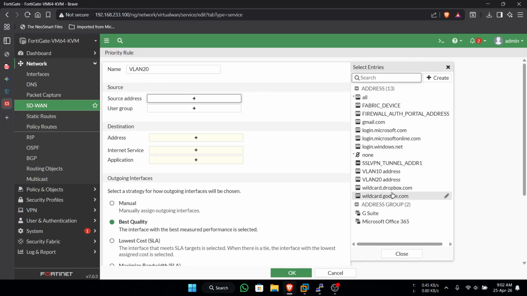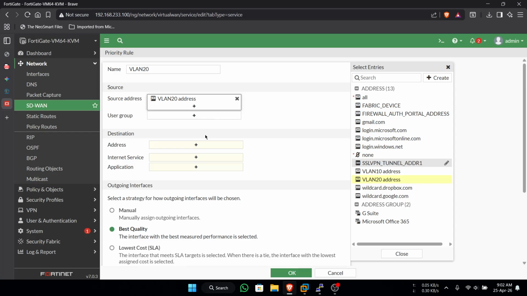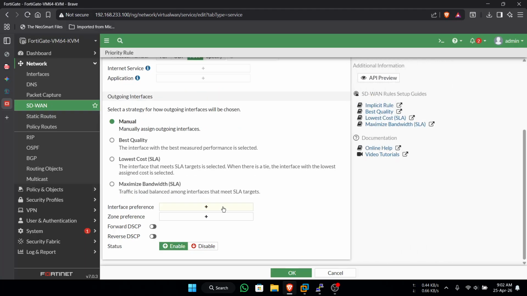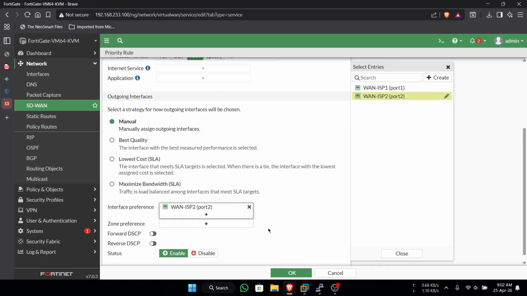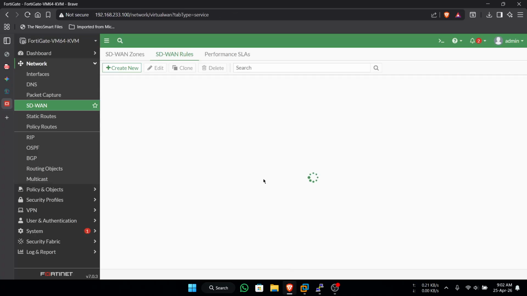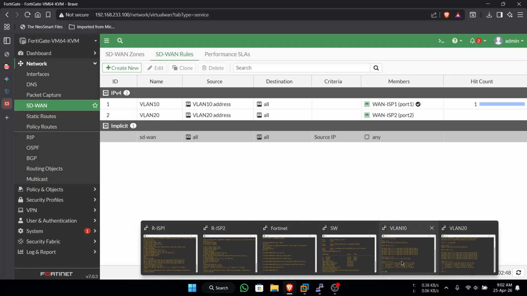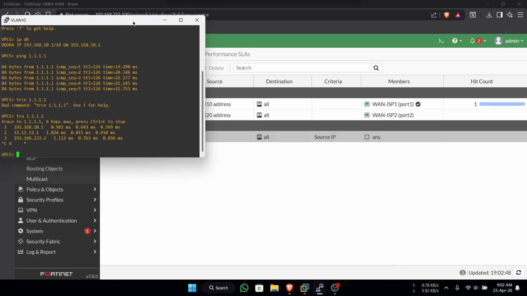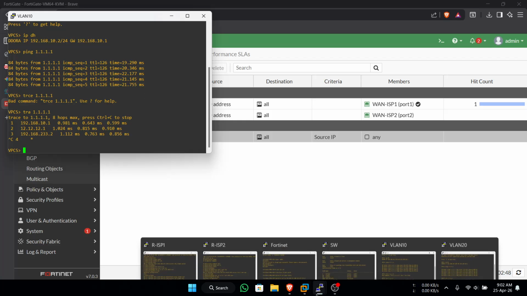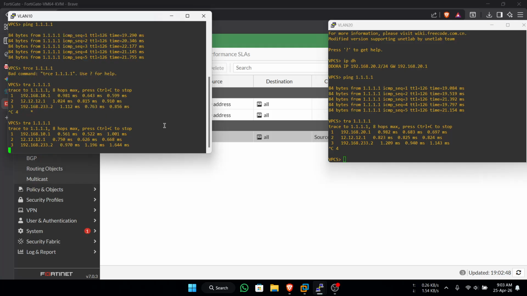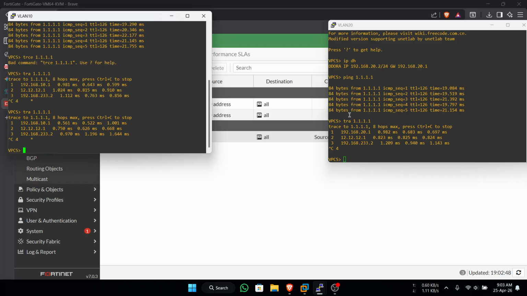Okay, make again for VLAN 20. Source address VLAN 20, destination all, manual, and ISP2 port. Okay, then try to trace again. Okay, you can see this is moved from ISP1, trace here.